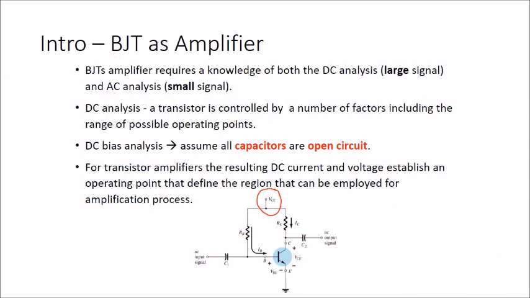In this video, I would like to introduce DC biasing. BJT we usually use as an amplifier. In an amplifier, we have two components: the DC sources and the AC sources. For the DC sources, we use them as biasing. Why do we use biasing in an amplifier? Because